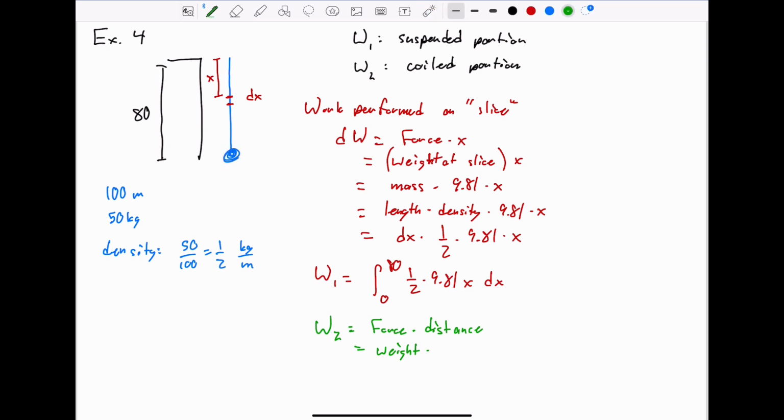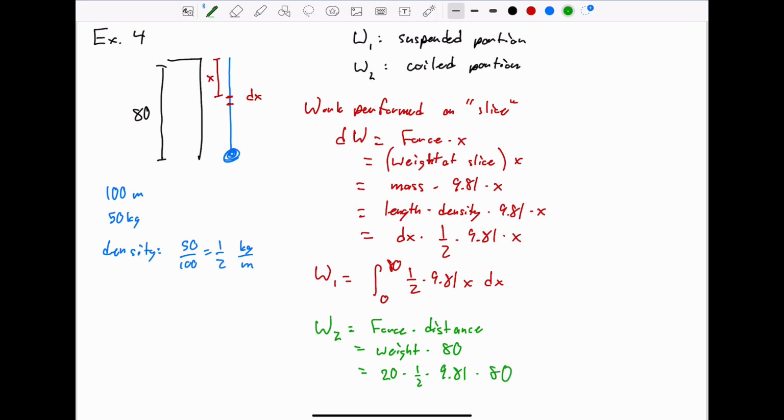So weight times the distance, which is 80 meters. And the weight is, well, how do we find the weight? We have 20 meters of coiled up chain, and we know the density is 1/2 kilograms per meter. So we can multiply 20 meters of chain times the density 1/2. This gives us units of kilograms. We need weight, so we multiply by 9.81. And then we multiply by distance